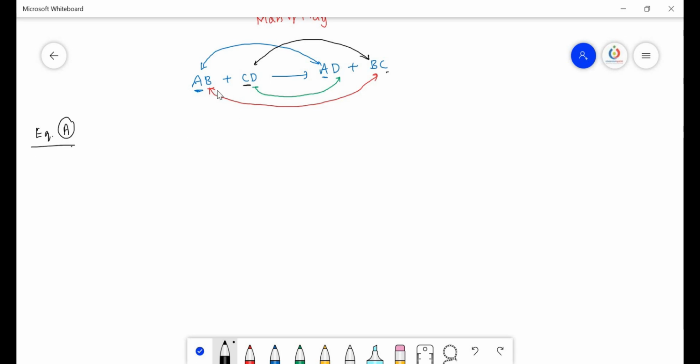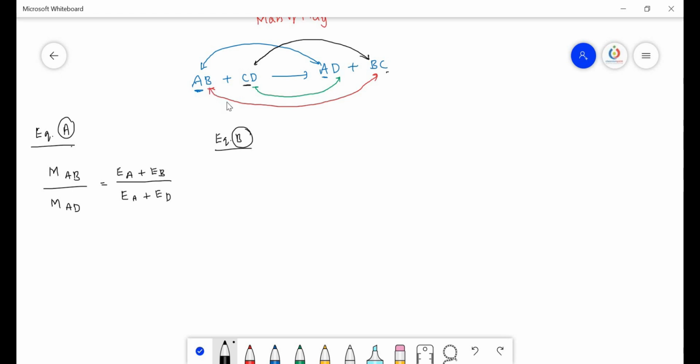How to calculate the equivalent mass of A from this equation. So here, mass of AB, wherever A is there, divided by mass of AD is equal to equivalent mass of A plus equivalent mass of B, divided by equivalent mass of A plus equivalent mass of D. And if you want to know the equivalent mass of B,